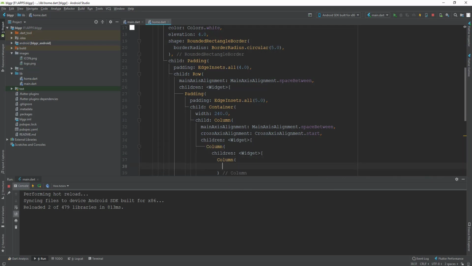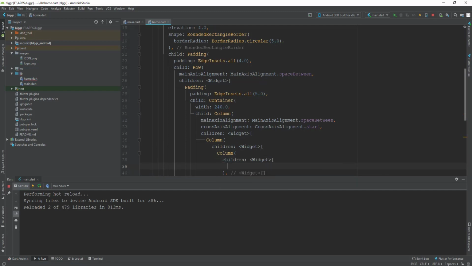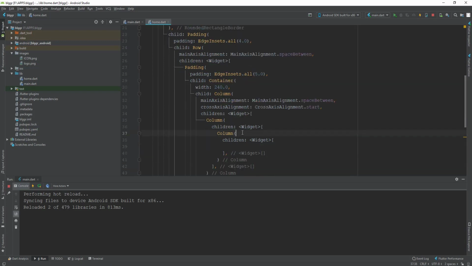And again children, and in this column I'm going to add cross axis alignment, start. Okay,